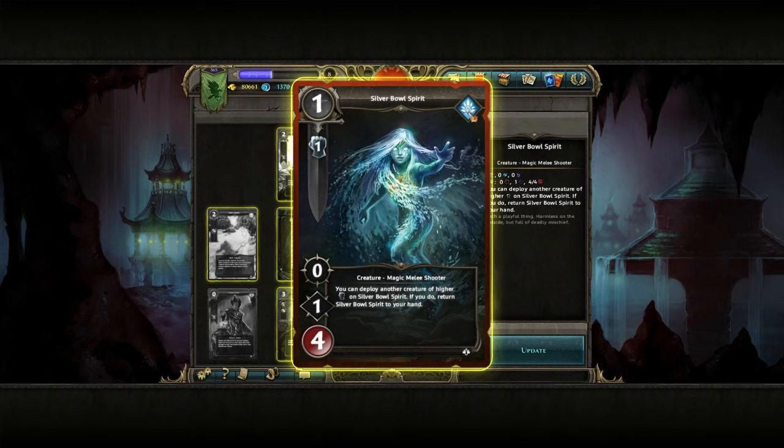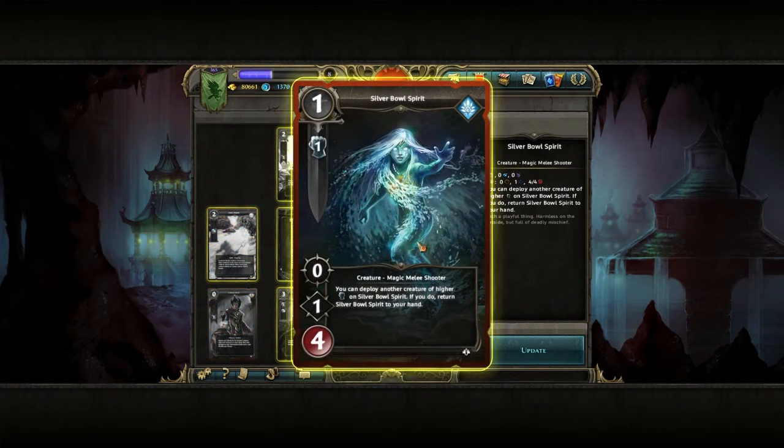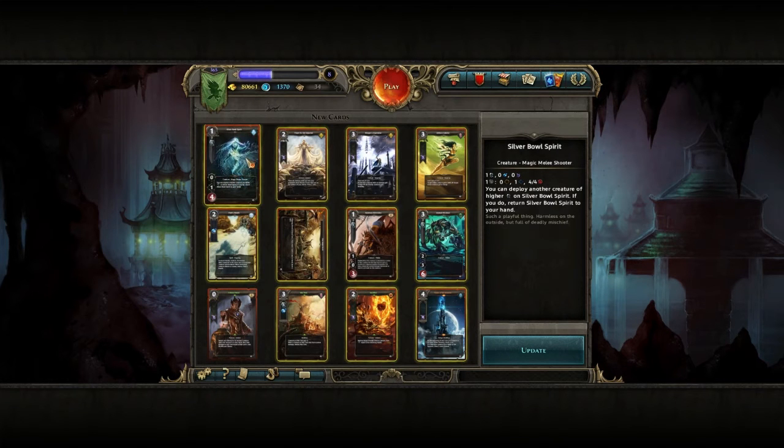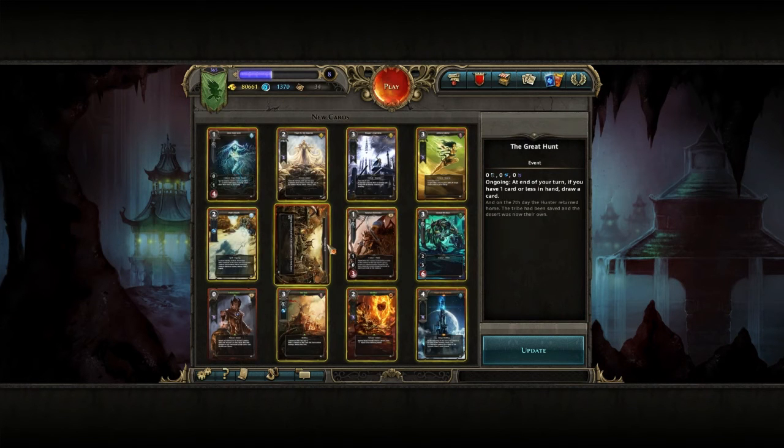Right, and that's Silver Bowl Spirit. It's a creature magic melee shooter. You can deploy another creature of higher might on Silver Bowl Spirit. If you do, return Silver Bowl Spirit to your hand. So it doesn't tie up space, which can be nice, especially on a 1. It has a retaliation, but it doesn't have an attack. So, I could...